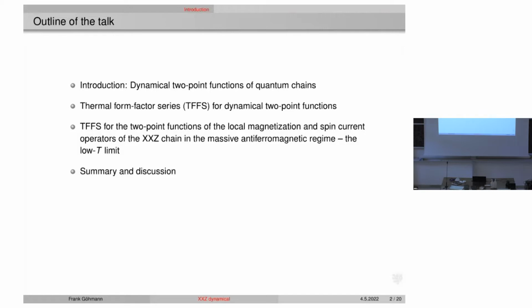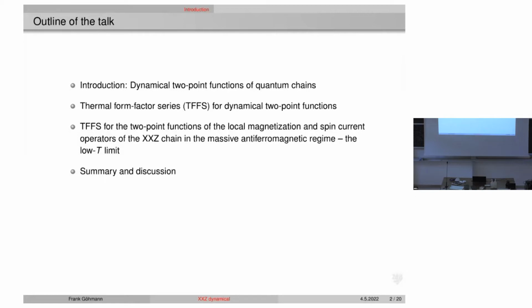part, which is about the XXZ chain in the massive regime, delta larger than 1, magnetic field below the critical field, and the limit t to 0. This is also a case which has been studied by several people, and the new thing will be that we get fully explicit series. It means the series you can expect is a series of multiple integrals, and as compared to previous results, the integrand is